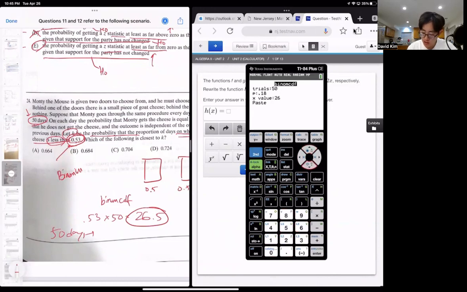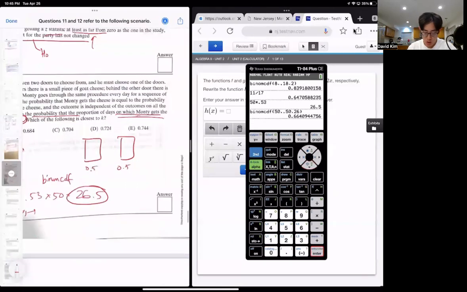I'm sorry, not 0.18. This is 0.50. So 26 days or less. What's your chance of actually getting that? It's about 66.4%. So if you were to draw a distribution curve for the binomial, you're basically looking at where